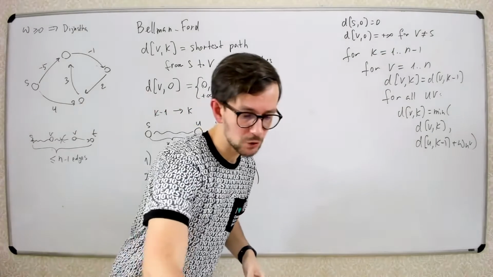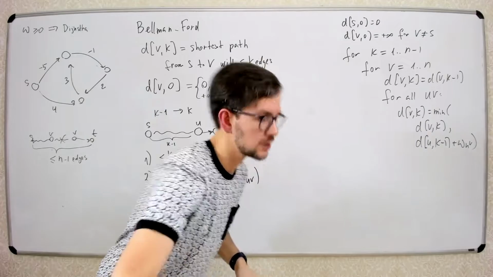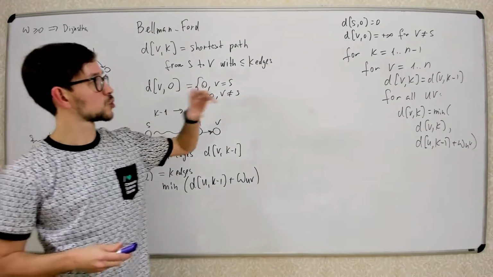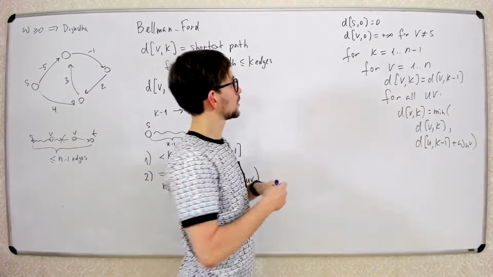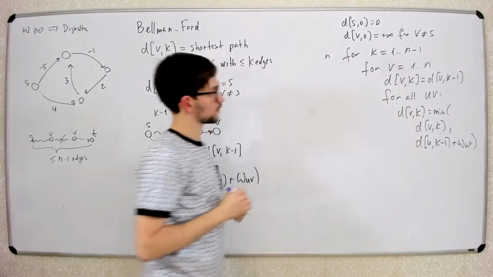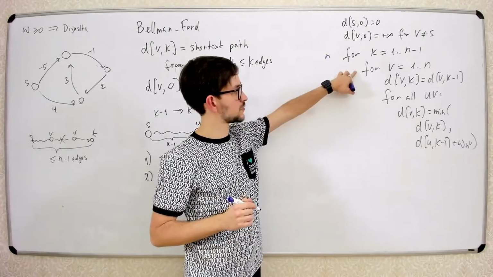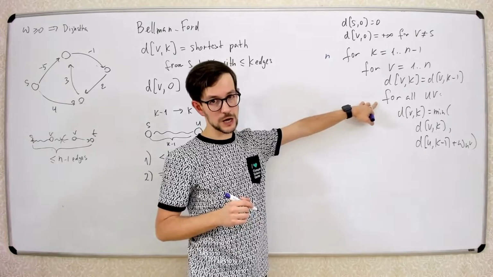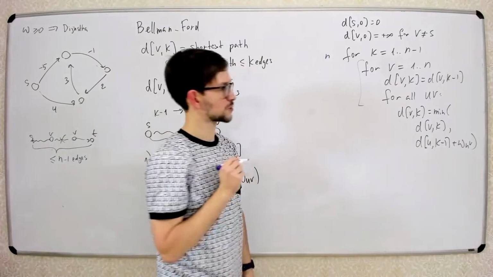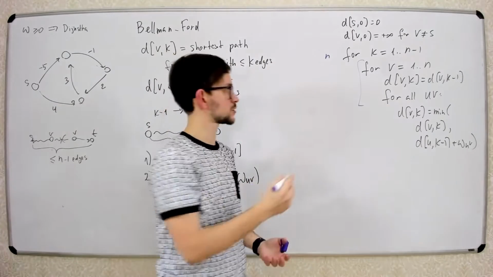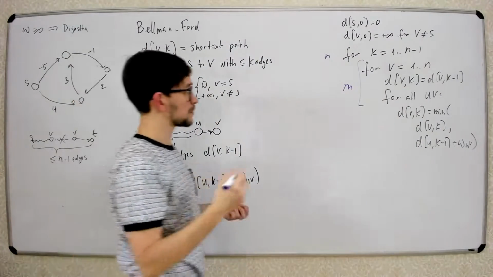Let's talk about time complexity. What's the time complexity of this algorithm? Well, time complexity is calculated very simply. We just have these three for loops. Here we have n iterations of this loop, and here we iterate over all vertices. For each vertex, we iterate over all edges going into this vertex. So these two for loops combined make at most m iterations. So total time complexity will be